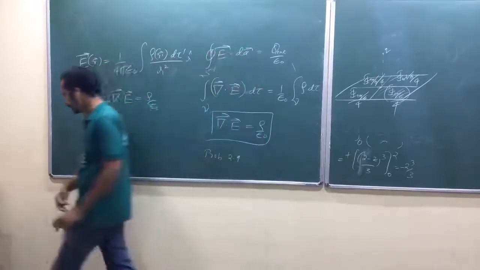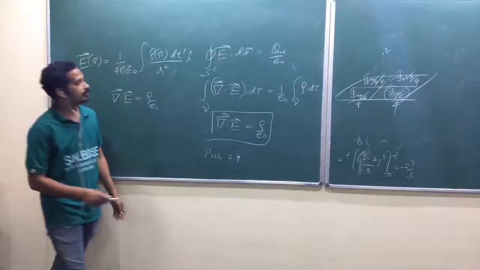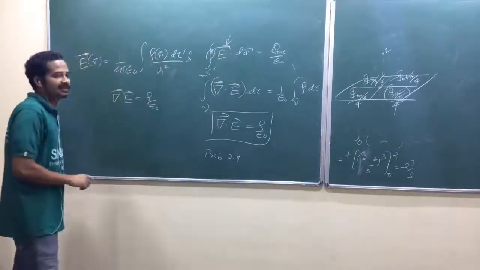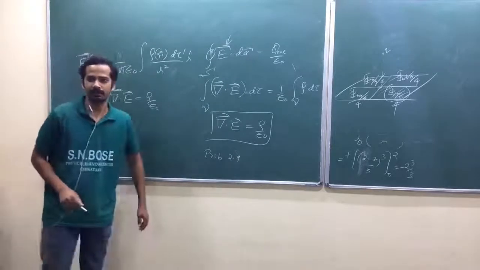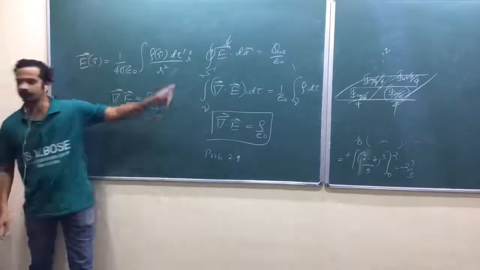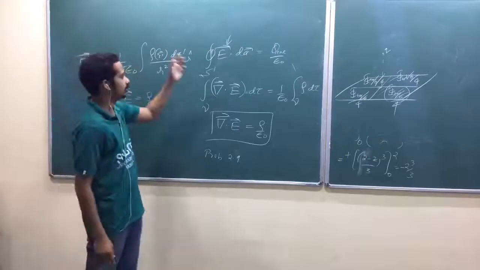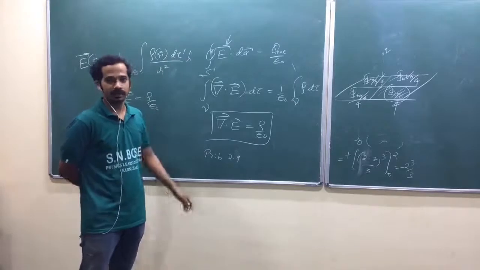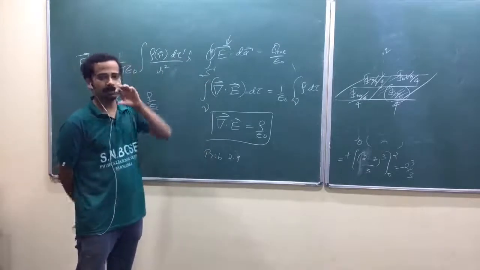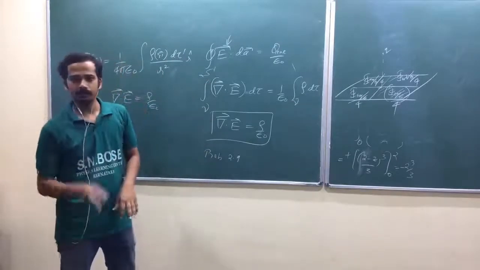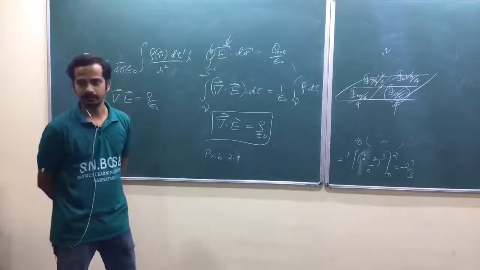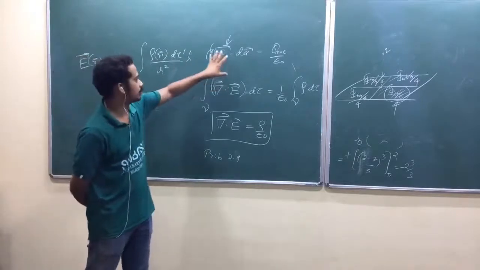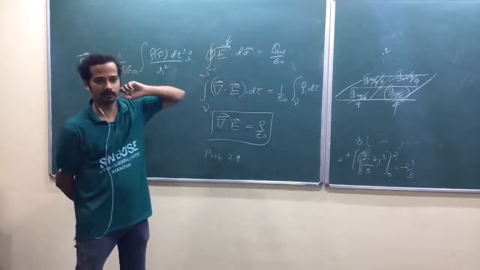Isn't it? According to his words, the electric field is buried inside the integral. You have to take it outside. Am I right? How do you take the electric field outside of the surface integral? Something will come out of the integral when it is constant throughout the integral. So you have to run your surface in such a way that throughout the surface, the modulus of this electric field is constant.